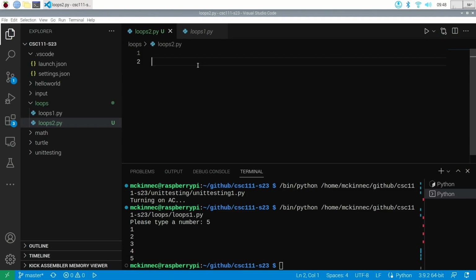Okay. So if you know in advance how many times you want to do something, then a for loop is generally going to be the right construction. But what if you don't necessarily know in advance how many things or how many times you want to loop? Well, the for loop is designed on knowing how many times you want to loop. So there's another construct, and it's called the while loop. Just as a really cheesy example,